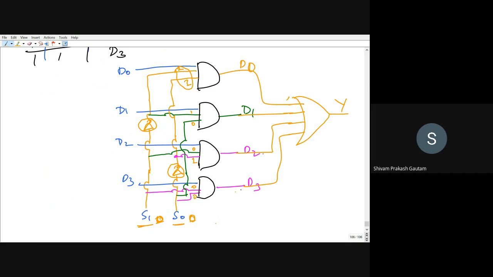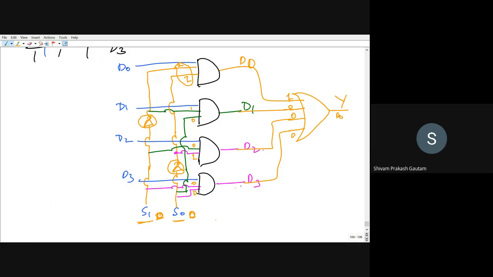So D0 is high, D1 is 0, D2 is 0, D3 is 0. So what we will be getting? We will be getting D0. Because for the second case, one input became 0. For this case, one input became 0. For this case, both inputs are 0. So the output will be 0 for all the other cases. Only for the first case, D0 will be high, and at the output we will be getting D0. For the second case, if you want to see,